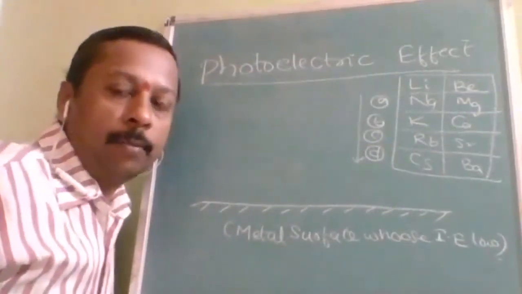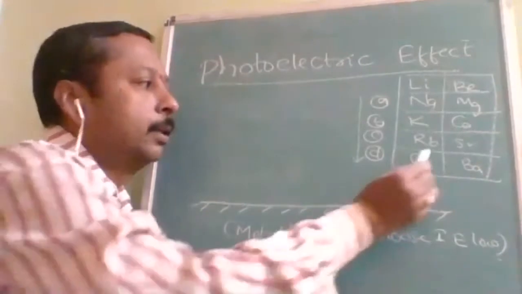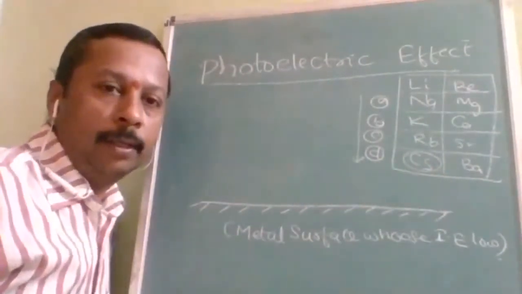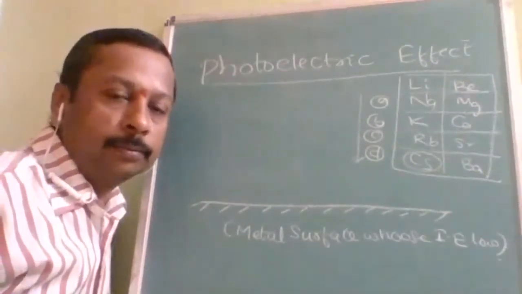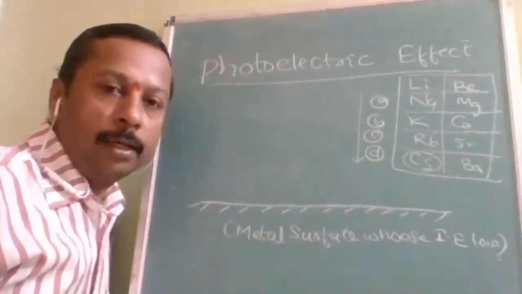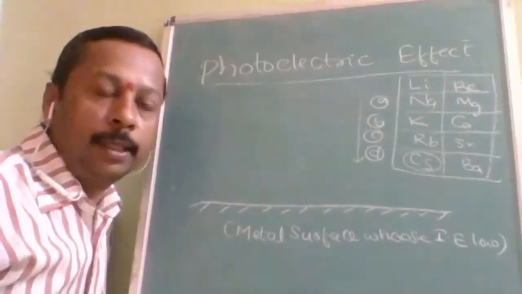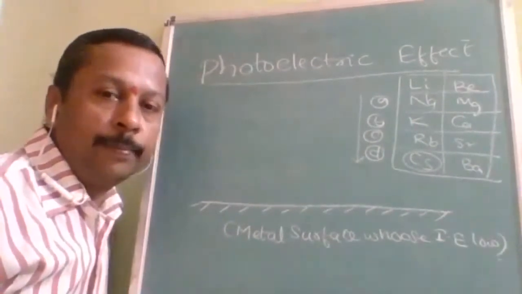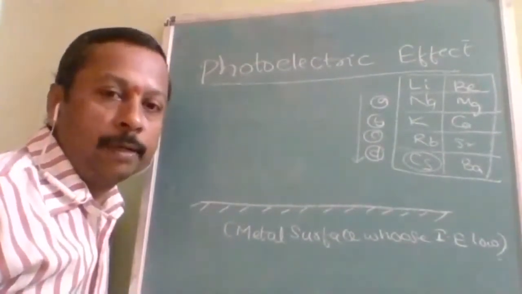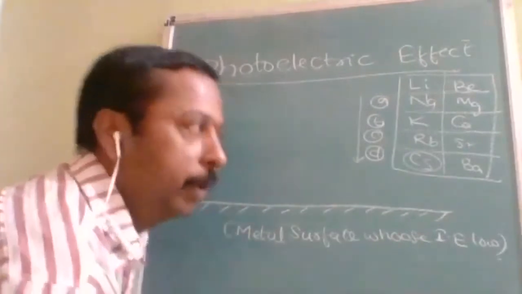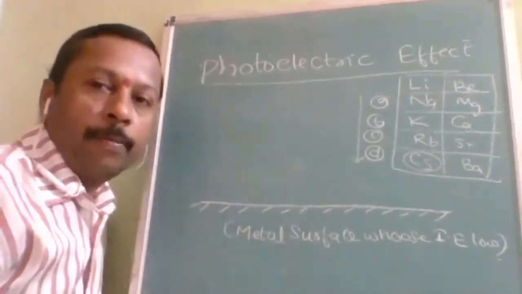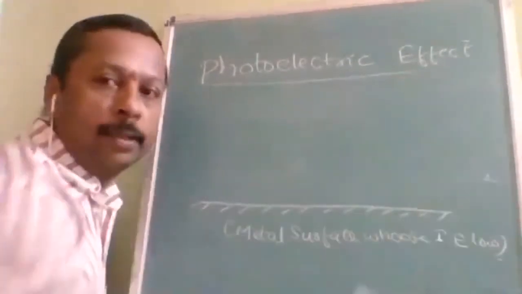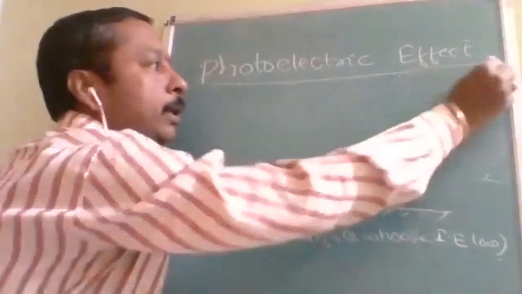Both factors are in concurrence with cesium. Let us not go into the cost. According to the ionization energy principle, Cs has the lowest ionization energy, therefore it is the best metal for the photoelectric effect. Like this, we are going to discuss the topic along with questions in easy English, because you are going to attempt the exam in English only.